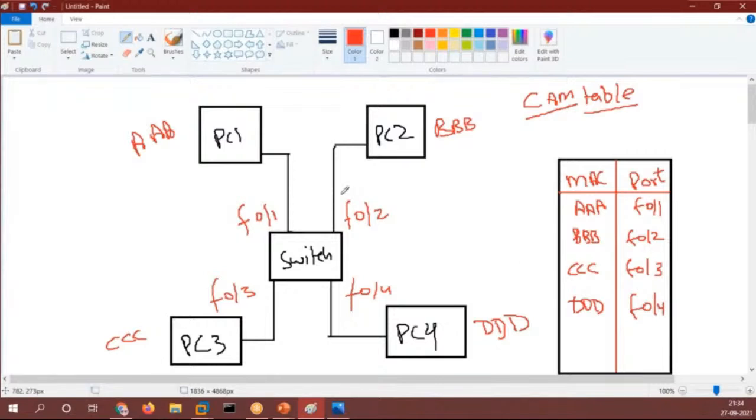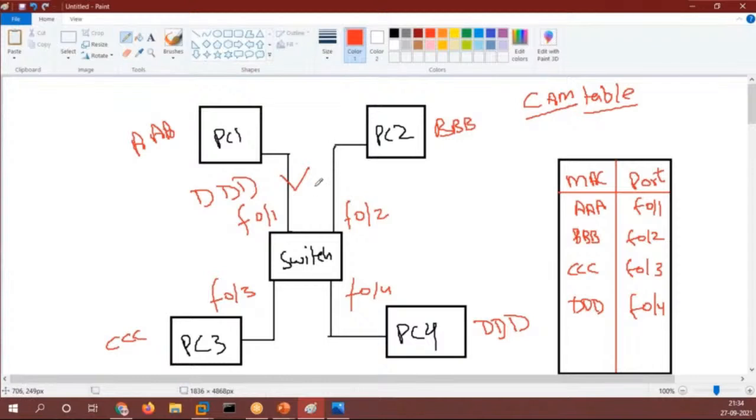So what will happen if PC1 is sending the data towards the switch? The switch will check its CAM table for where MAC address DDDD is. When we send the data, we write the MAC addresses in it.